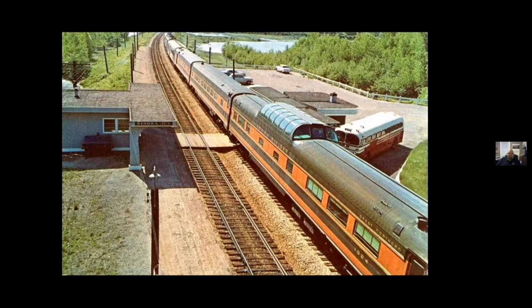And here we are at Winona Junction. This is on the east side of the Mississippi, just across the river from Winona. And I like to point out the Q bus here on the right. So the Q had a depot in downtown Winona, and you'd go to the depot there, and then they'd put you on the bus, take you across the river, and then you'd get on your train